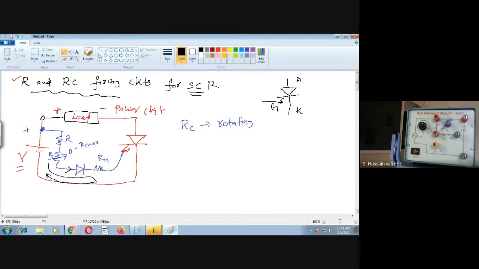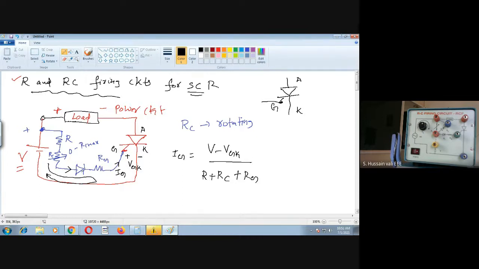Then through RG, then the signal here, plus and minus. This is the anode, this is the cathode, this is G. So across G and K, that is across gate and cathode, you are giving some current here. And you find some voltage VGK, which you can call the threshold voltage across G and K. Then you apply KVL here. When you apply KVL, what is the current here? IG, I will write here. IG is equal to, just apply KVL, this voltage is VGK, then V minus VGK divided by the entire resistance R plus RC plus RG.